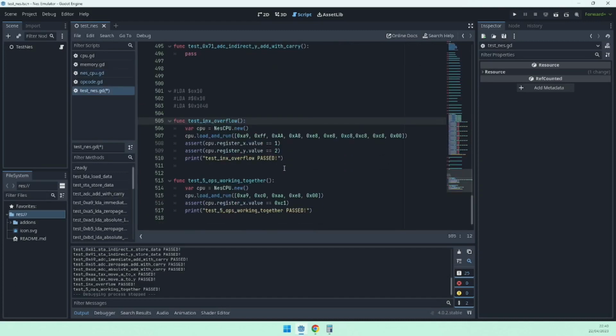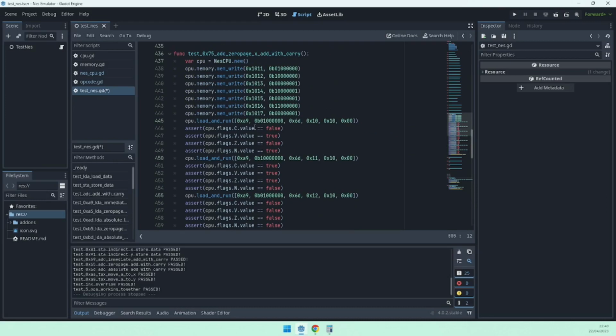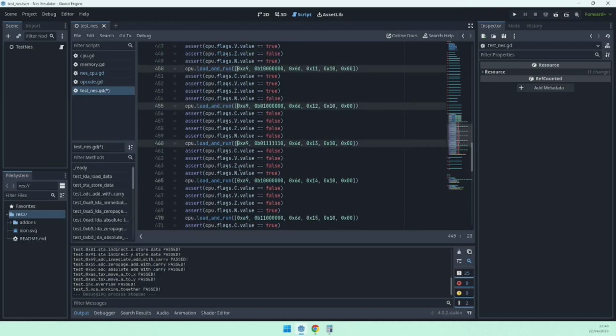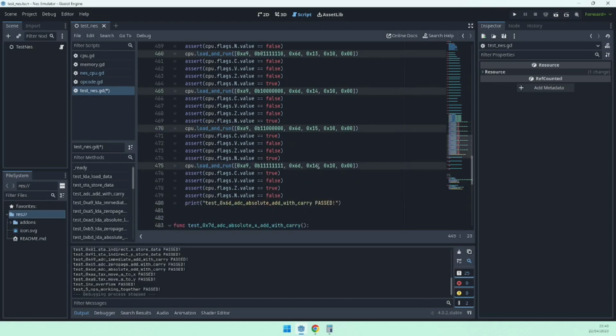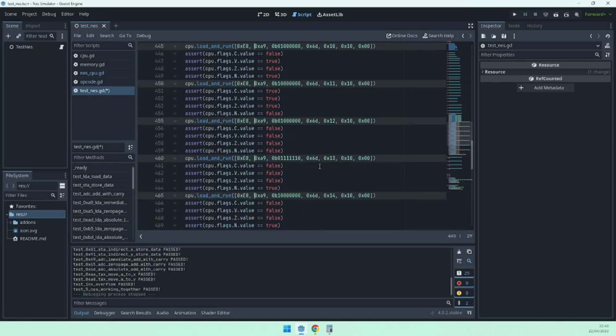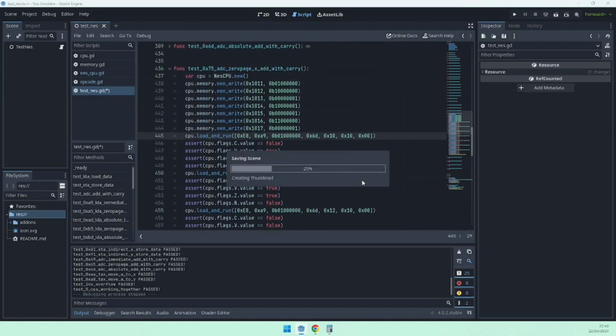Okay, thank you. Before loading our values, we are going to set the value of x to 1. And now the rest should be the same,